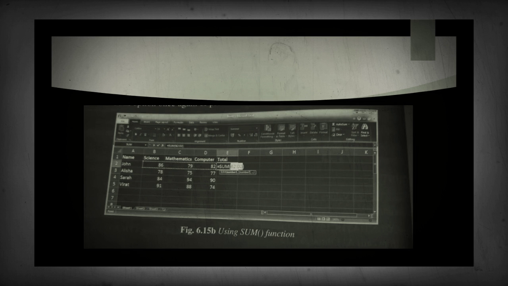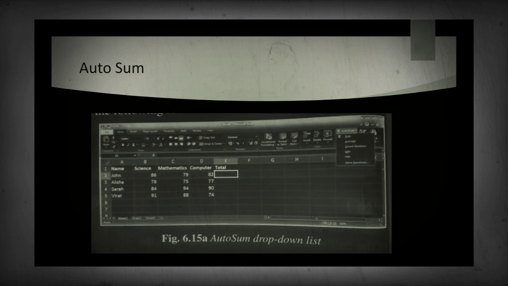Click on the AutoSum drop down list in the editing group of the Home tab or in the function library of the Formulas tab. Click on more functions to see more functions available in MS Excel 2010.